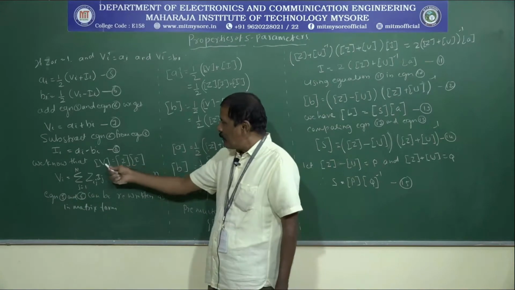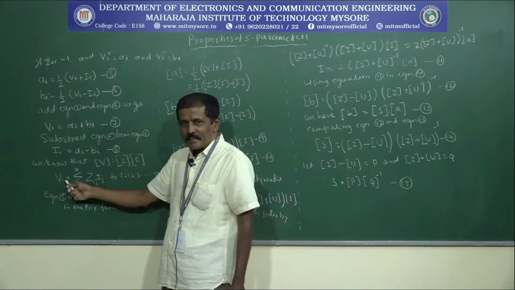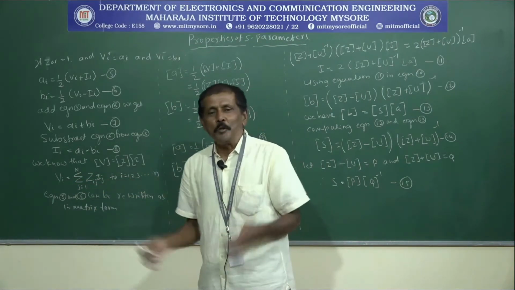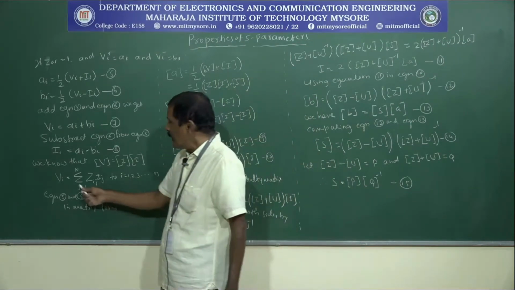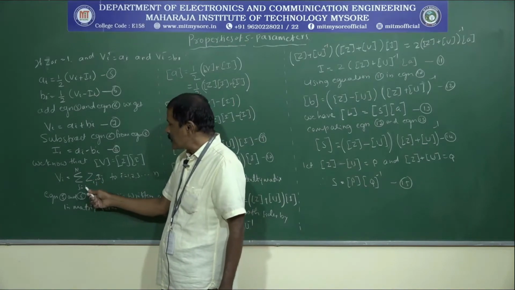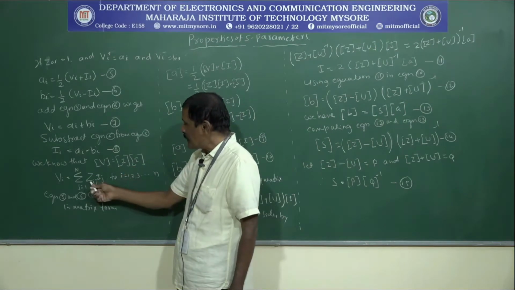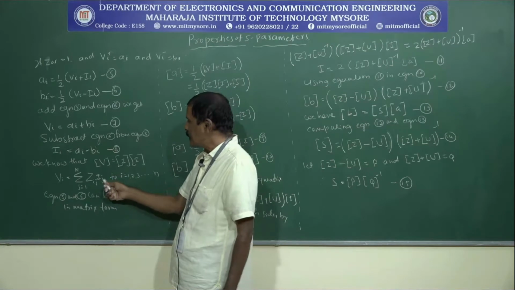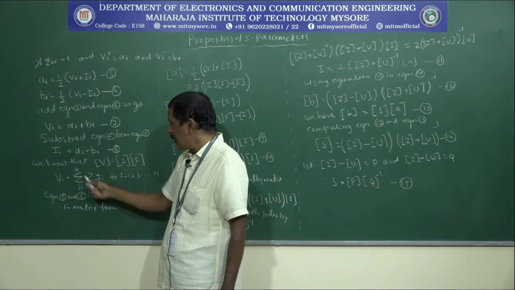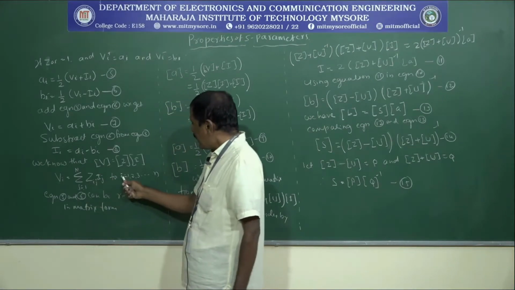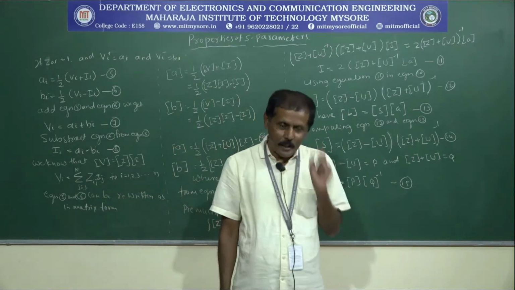See here, our voltage V is equal to Z into I. Now I want to get the voltage at any one particular terminal. Due to the various lines or source ports connected to the network, I have to take the summation from j equal to 1 to n. This Z I am replacing by Zij, and this I by Ij, where i is from 1 to n and j is from 1 to n. In this equation, if you substitute any value of i and any value of j, we are going to get the voltage at that particular port.